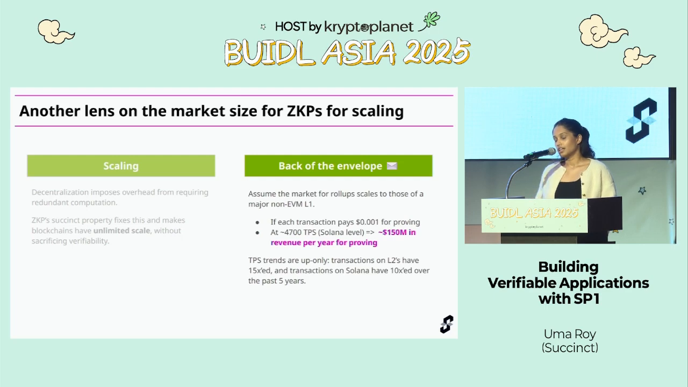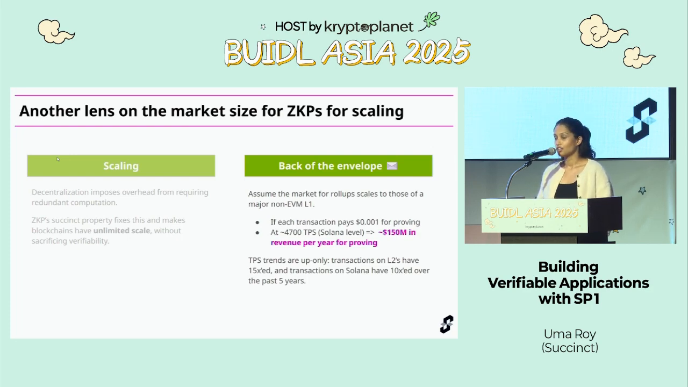Another way to view the market size for ZK for scaling is doing some back-of-the-envelope math on how many verifiable transactions we're going to have in the future. So today, I believe Ethereum and all its rollups does a couple hundred TPS. But imagine that the market for rollups scales to that of a Solana level TPS, which is around 4,000. If you imagine that every transaction pays 1/10 of a cent for proving, then if you crunch out the numbers at around 4,700 TPS, that's $150 million a year in revenue devoted to